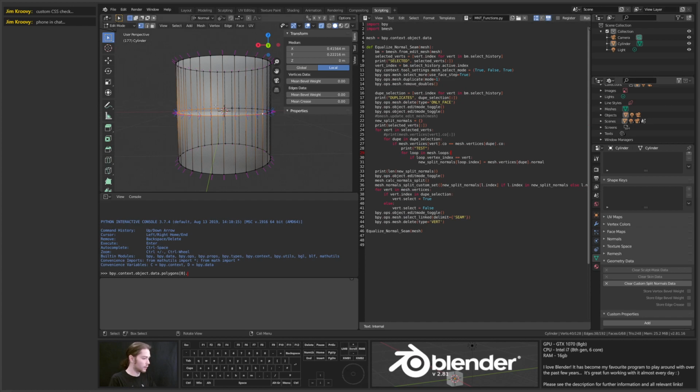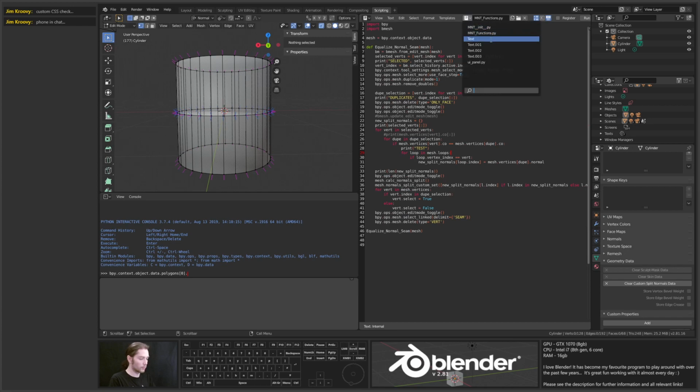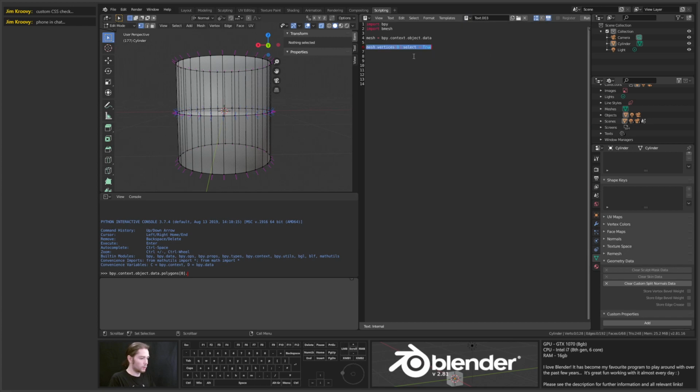Now then, what I need to do is update the selection. So how am I going to do this? The selection needs updating, because otherwise circle selected stuff doesn't seem to appear. So I'm going to need to do some testing for it. So let's go to a text editor thing for